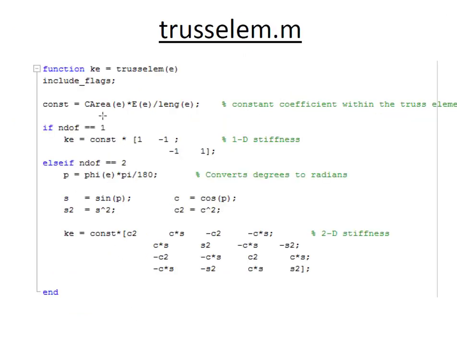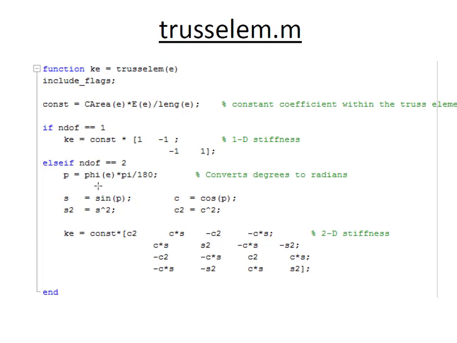And this is what you see if you open the trusslm.m file. The first thing done is include flags with all the information available for the global variables. Then it calculates the constant, which is independent of 1D or 2D trusses, as it's always the area times the elastic modulus divided by the length. Then it has an if statement to check if you're in 1D or 2D. If you are in 1D, the element stiffness matrix is the constant times [1, -1; -1, 1]. If you are in 2D, you have to use this 4 by 4 matrix, in which the terms depend on